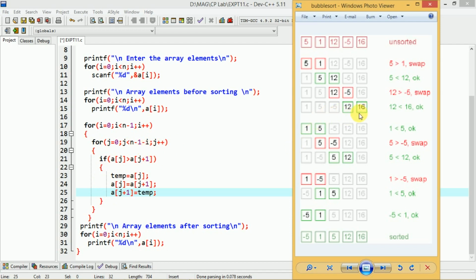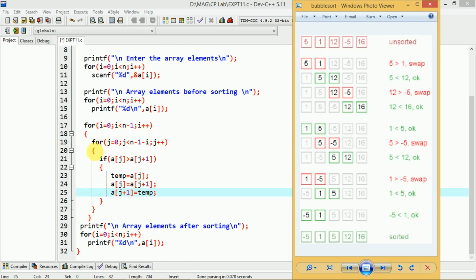So after this what you have to do? By leaving this, you have to consider the remaining ones. So whenever this inner for loop is completed, now it will report back to this outer for loop. When it reports back to the outer for loop, now again i will be incremented here. So i was 0, now i is incremented to 1. So when i becomes 1, again this for loop will start execution.